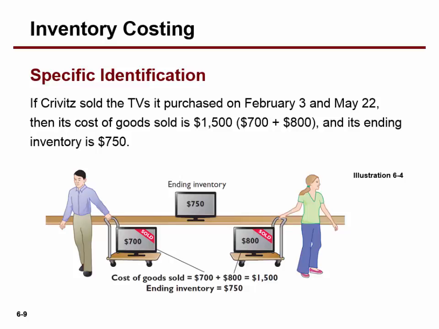As each item is sold, they go ahead and what? They keep track of those items that are sold as cost of goods sold, item by item, and the items that aren't sold yet are still sitting in what? Ending inventory. Okay? So, in this example then, in this little slide here,